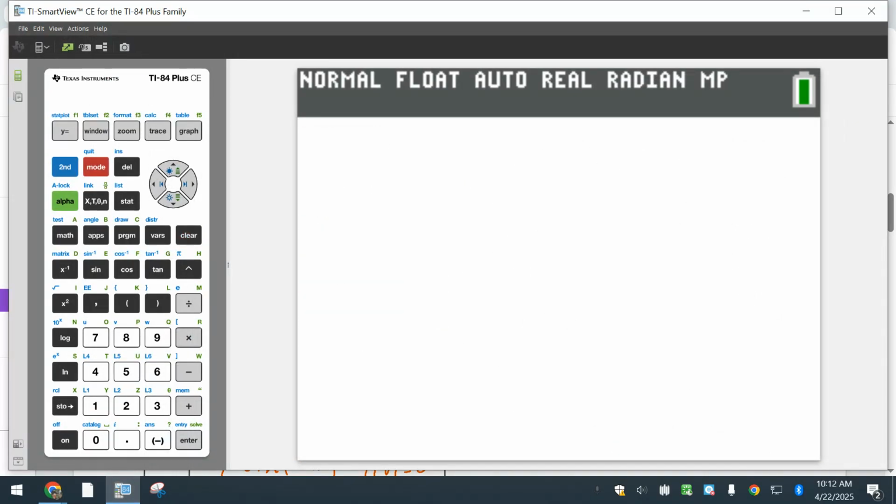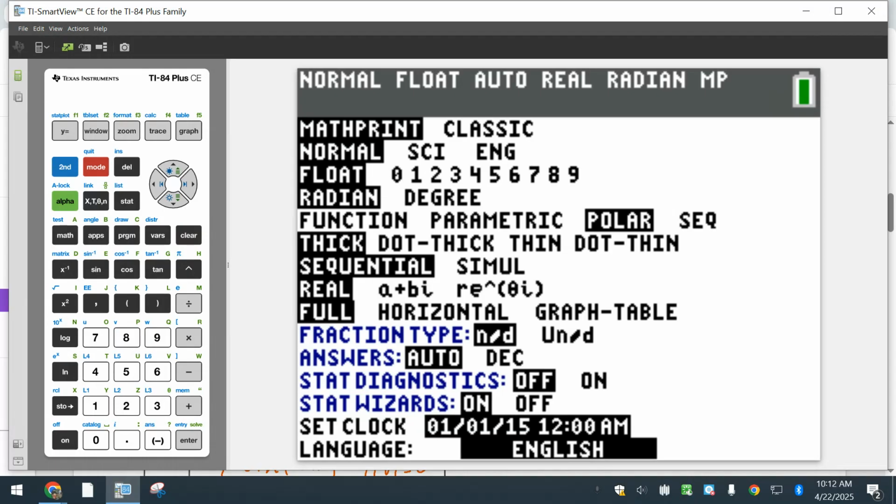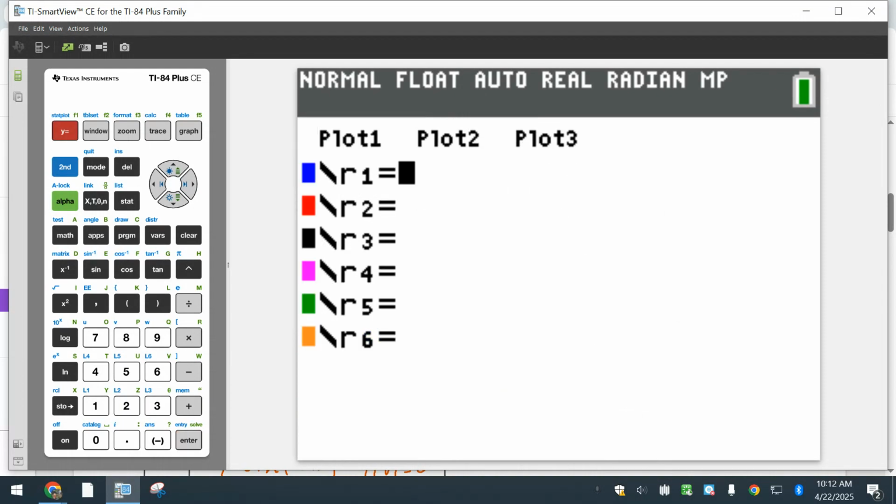So let's get out of here. Let's go to mode, okay? Now you want radian. Okay, you want it to definitely be in radians. Now, you guys are always used to being on function. So now, if you notice, there's polar. And what it's going to do is it's going to change your y equals. So when you click polar, and now when you hit y equals, notice what it says. Now it says the R. And it's pretty cool. So now you type in 4